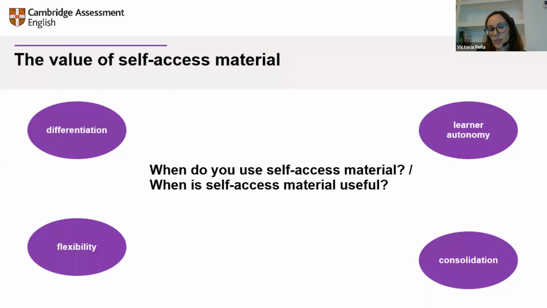It's always useful to have a sort of supplementary bank of self-access material so learners can decide when they want to do it. So perhaps the stronger students or the fast finishers can do this material, whilst perhaps the weaker students are continuing. And then the weaker students, or the less, I hate saying weaker, Victoria, don't you? The students who need more support can decide what is useful for them and when.